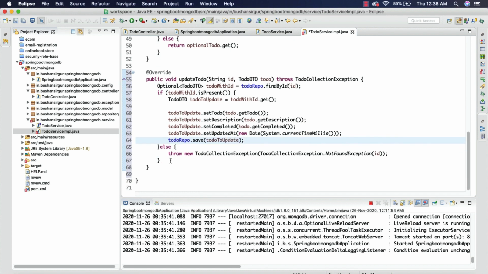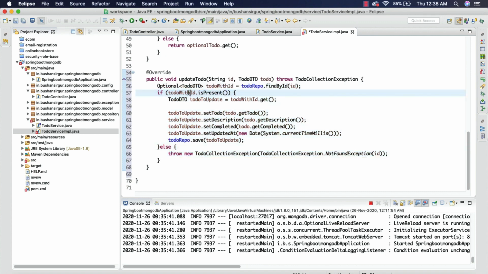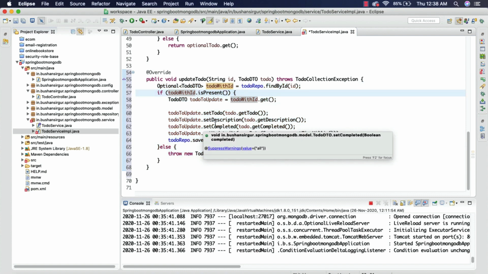Alright, this is fine, but we're missing one piece of the puzzle, which is what if the user is trying to save a duplicate to do, like if the to do already exists and the user is trying to update the record with an already existing to do. So at that time also we have to check whether the to do exists or not.